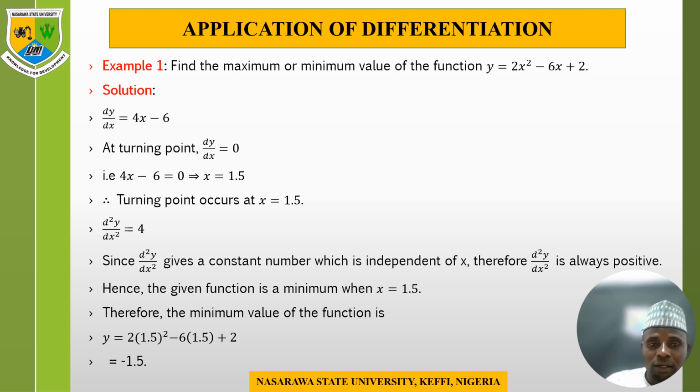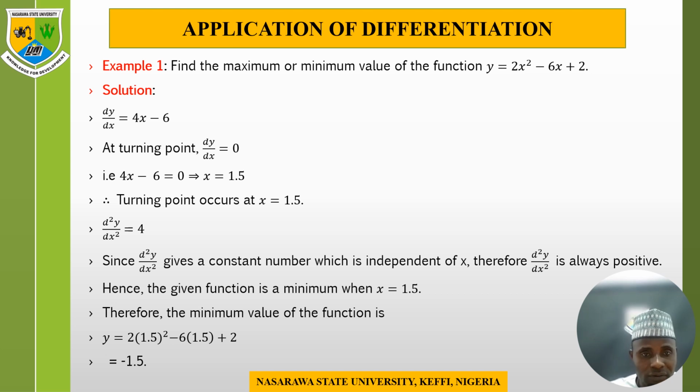So we equate this to 0 and solve, and we are able to get the value of x equals 1.5. So the turning point occurs at x equals 1.5. Now we differentiate that function again to get the second derivative. When we differentiate this again, we have d squared y over dx squared